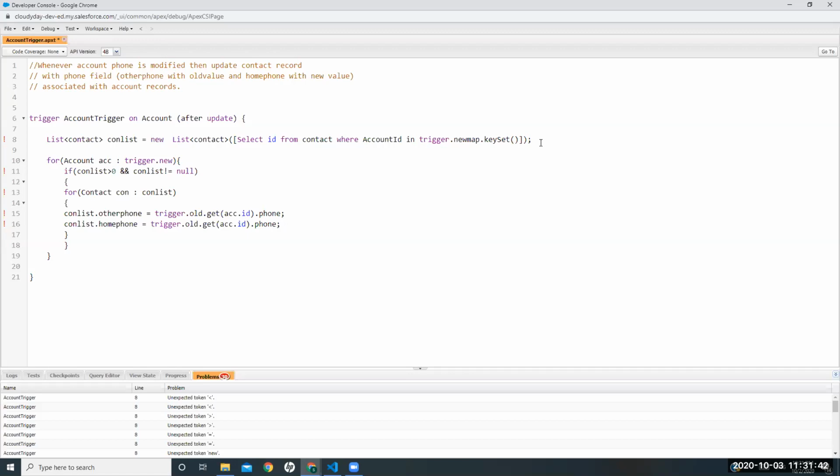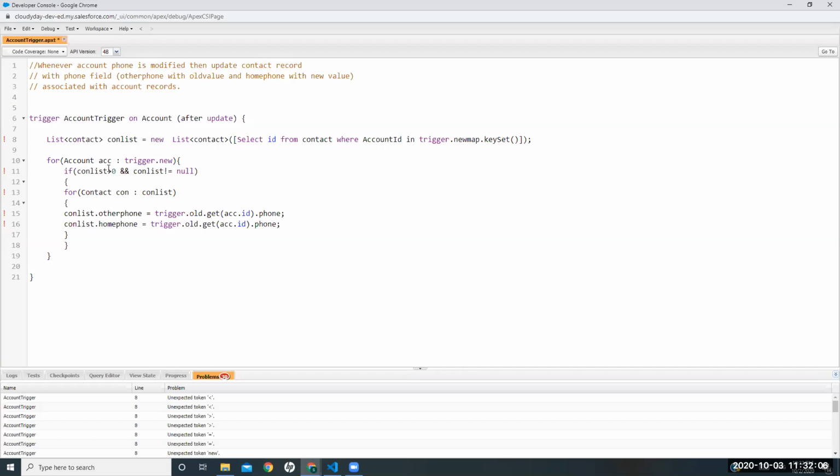So you are getting trigger.newmap.keyset, so it has all the IDs of the accounts, right? Yes, it does. And then all the contacts related to that are stored in the con list.